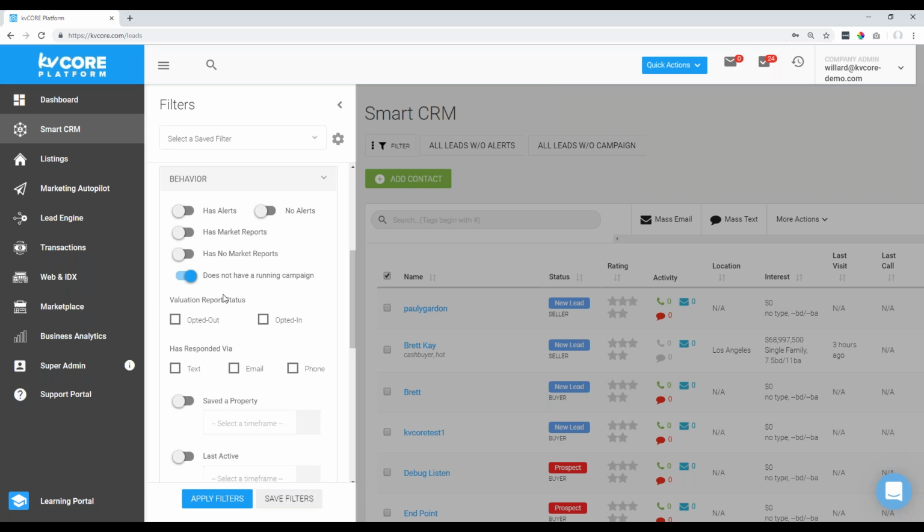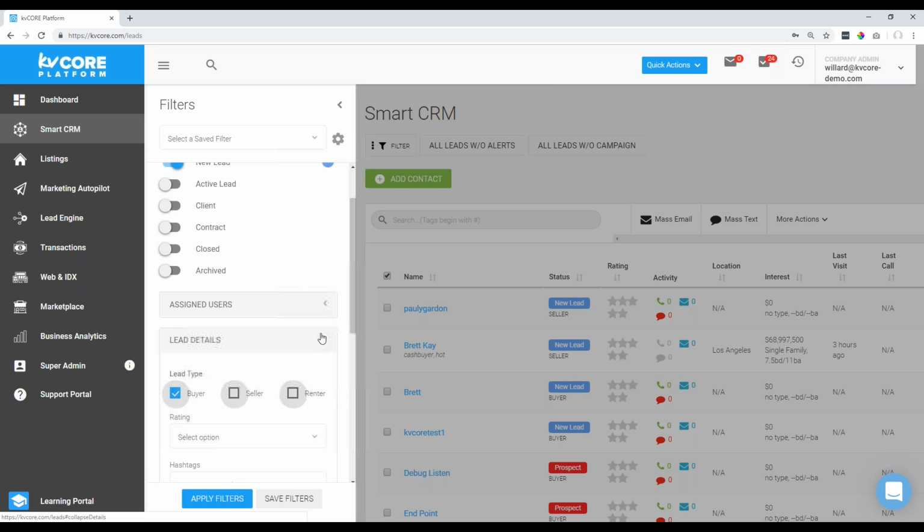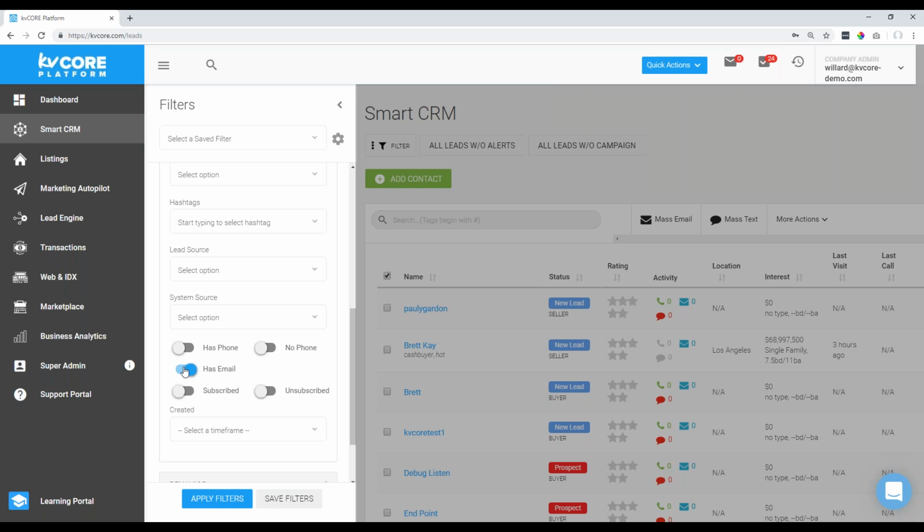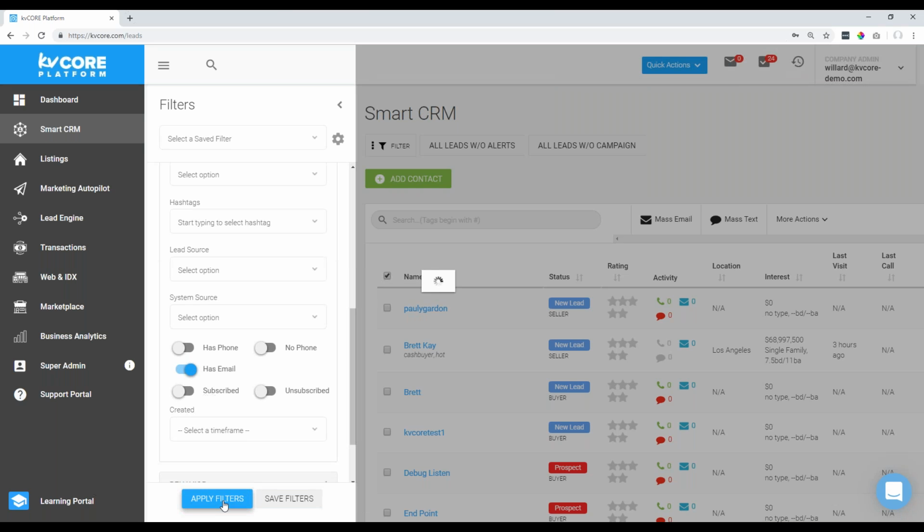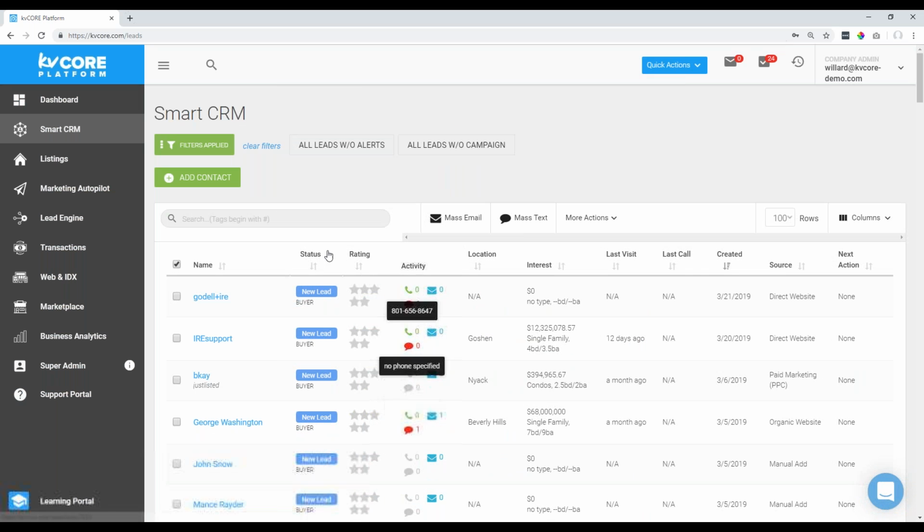Now, as a best practice, I always select has email. That way, it's going to be pulling all new lead buyers with an email that do not have a running campaign. And then I'm going to hit apply. So that comes out to be, I'm going to scroll down all the way to the bottom,